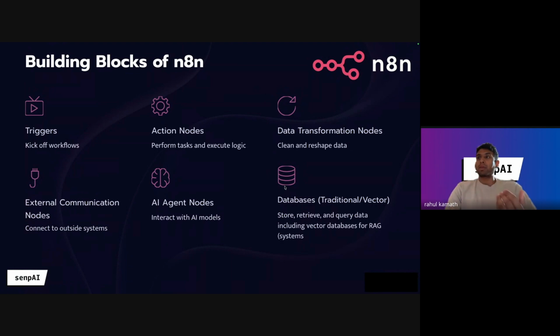And then, of course, databases. Once you're done with this automation, you're either fetching data from certain databases or you're putting data into certain databases. So here there are two types of databases. One is a traditional one where it's a simple structured database which you can access through SQL queries. Or let's say Google Sheets also can be a database of certain information, or vector databases, and that is coming in popularity right now. And vector databases are nothing but databases which you can do semantic searches on.